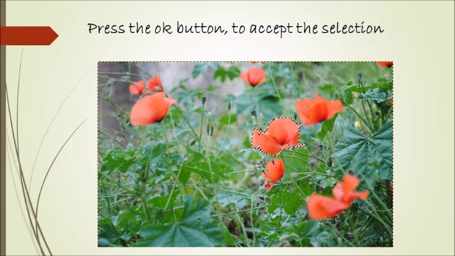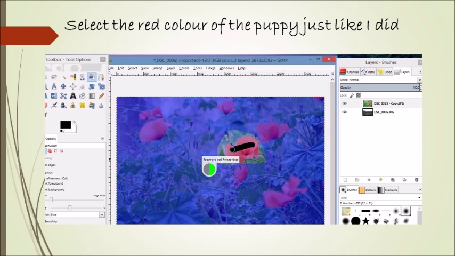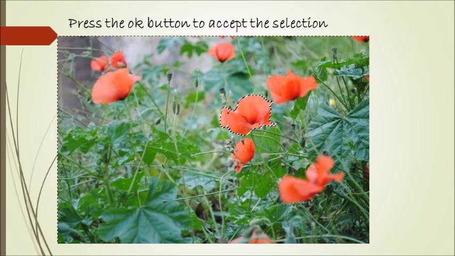As soon as I complete this circle, I see the picture colored with a blue color and only the puppy is well visible. I touch on the red color of the puppy as you see on the example, and when the sign of the foreground selection disappears, if I'm satisfied with the result, I press the enter button to